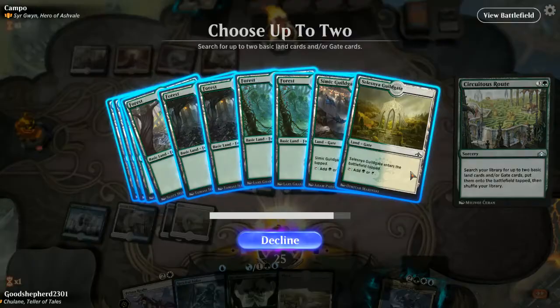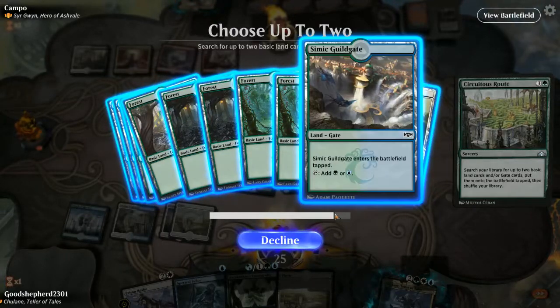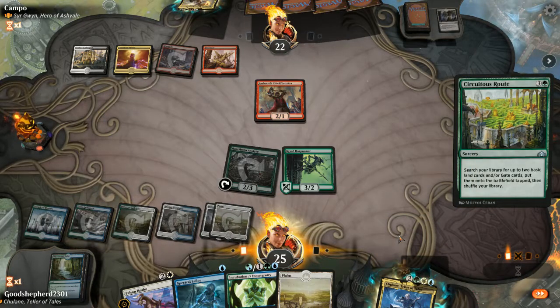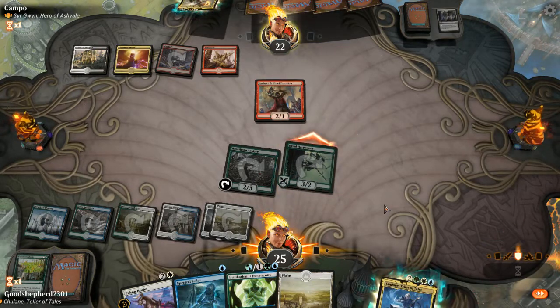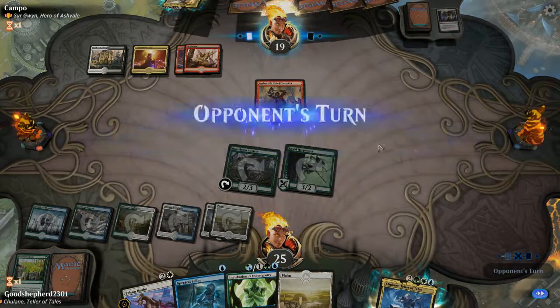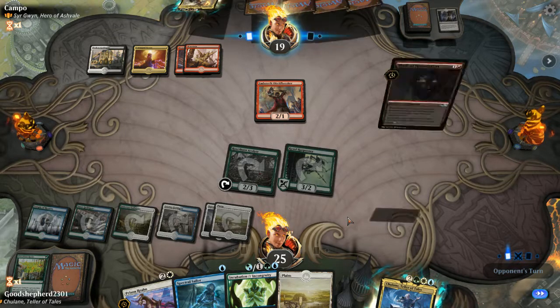Circuitous Route. So let's see. Guild gates are a nice choice. In fact, guild gates are the only choice, so I'm gonna take both guild gates. I'm willing to swing. At least we know our opponent is a bit of a while away. And if our opponent starts putting stuff out, we can...